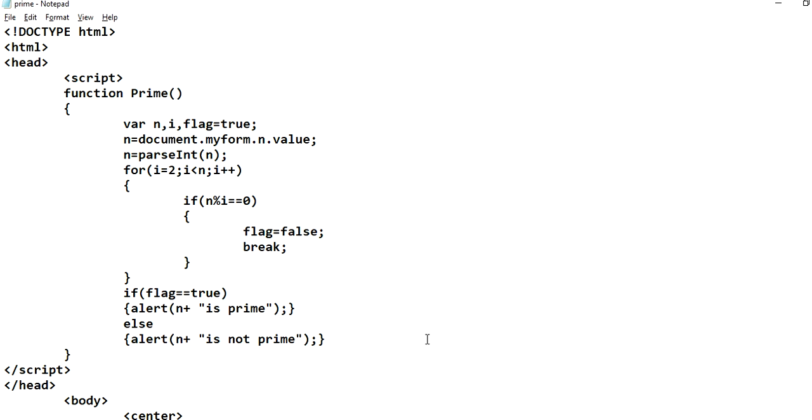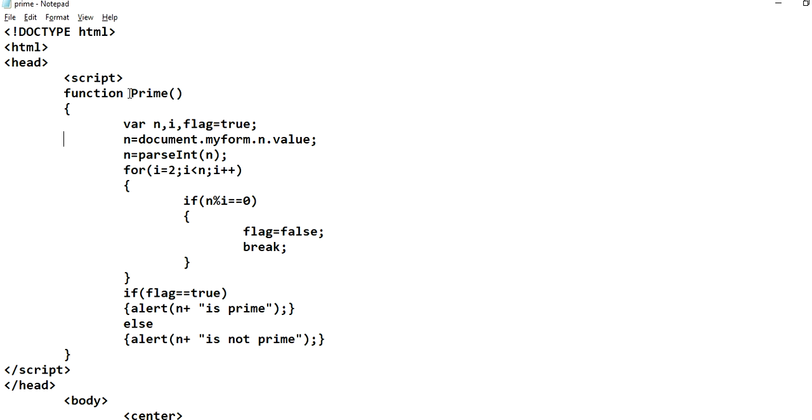checking of a number. This is the code where I show you the function prime. This is a JavaScript function, and here I am taking a variable using the var keyword, and taking the number n from document.myform.n.value. That means my form has a text box named n, and the value of the text box is stored into another n, which is a var. The text box takes strings, so we parse it into an integer.